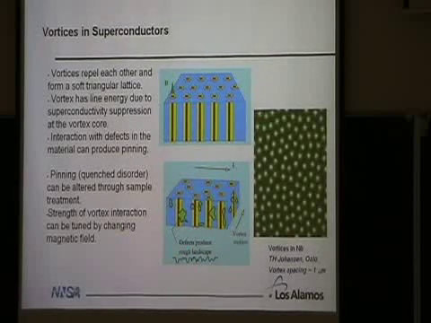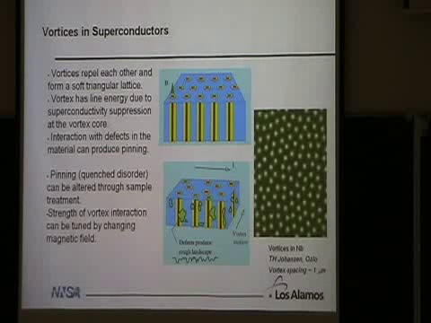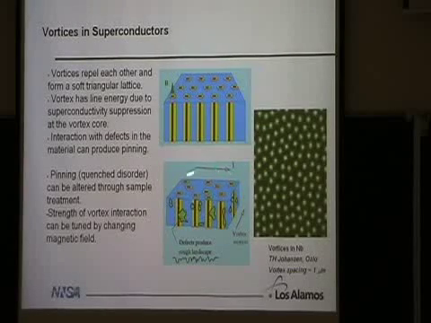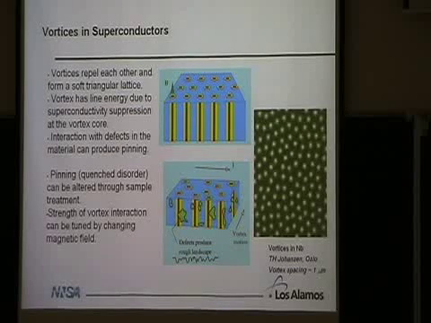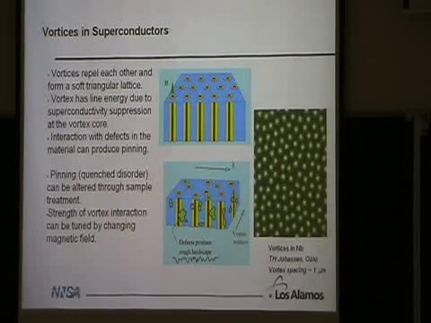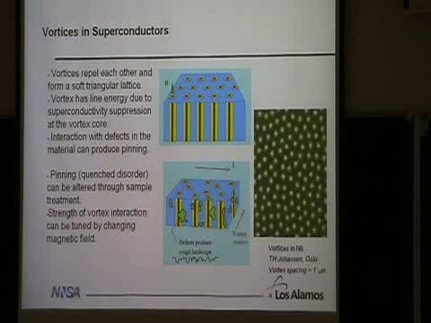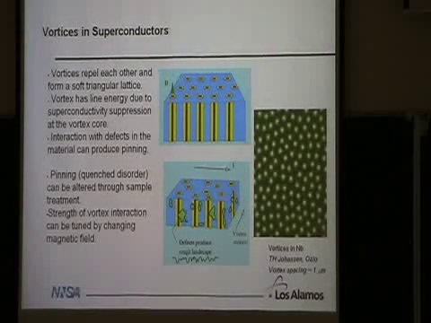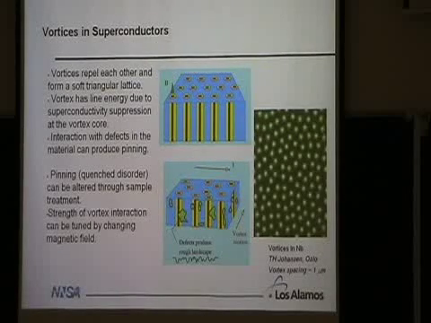And this general system has been used as a nice paradigm for having some kind of elastic lattice of interacting particles sitting on top of a rough landscape, because you can change how many particles, you can change the density of the particles, you can change the relative strength of their interaction just by adjusting the magnetic field. And then you can also change the importance of thermal fluctuations, which tends to reduce the interest of the vortex in sitting on this state of reduced superconductivity. At any rate, this turns out to be a good thing, actually, in terms of applications.